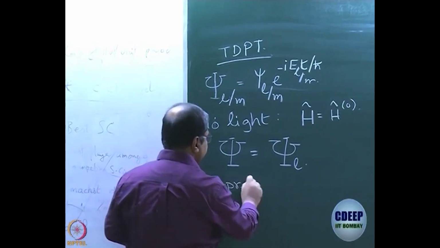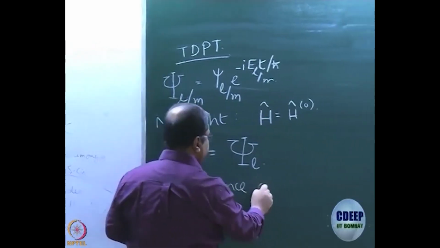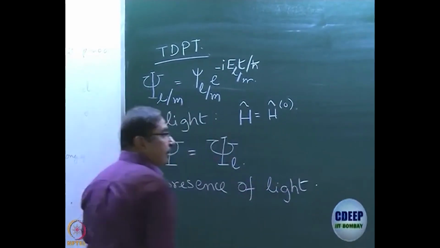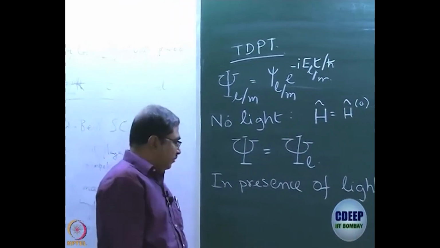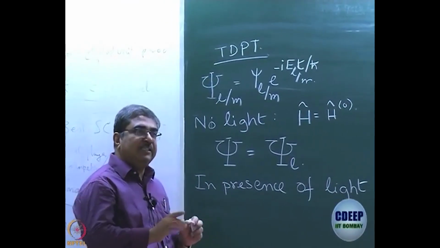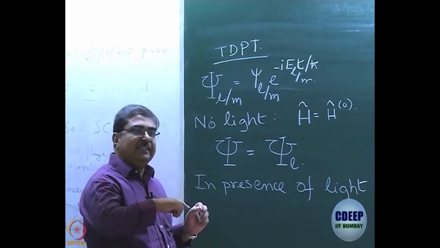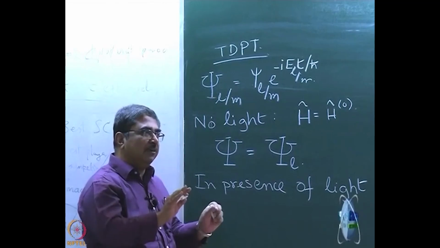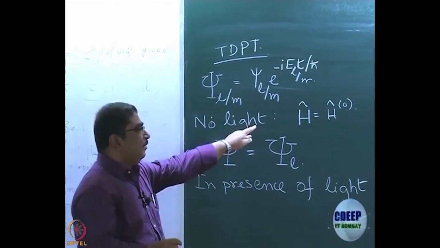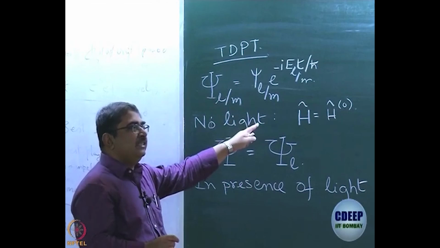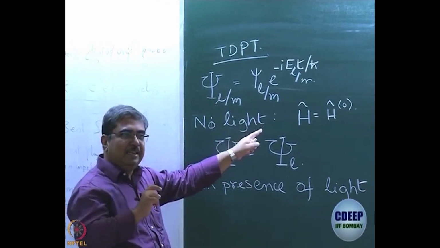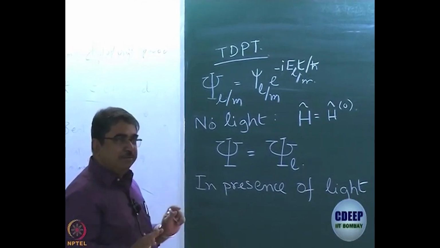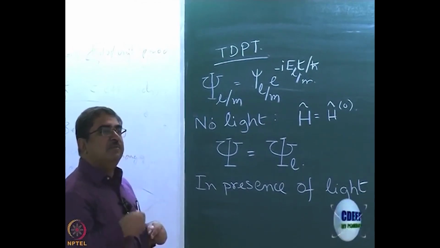In presence of light, and one of you asked the question, how is the light on or has it gone off? The answer is light is on. We are taking it as an oscillating electric field, as we will discuss shortly. So, of course, there is an oscillation and all, but the light is on. What we do is at some 0 time, before the light is turned on, the system is described by a wave function capital Psi L, then we turn the light on and keep it on. Okay? We have not turned the light off yet. When we turn the light off, it becomes a different ball game altogether.